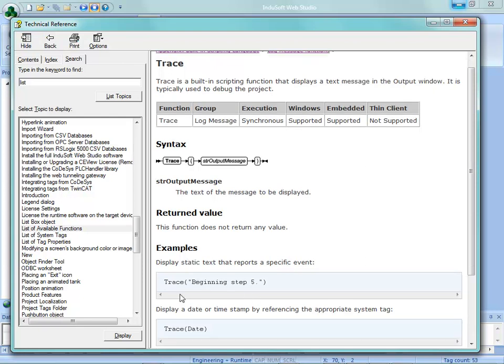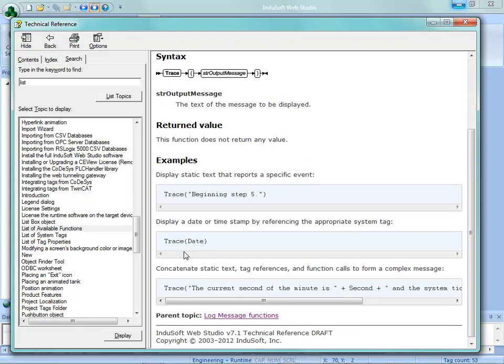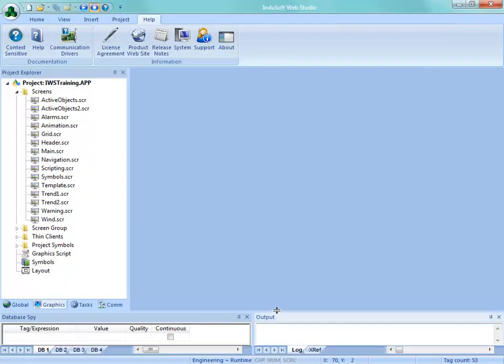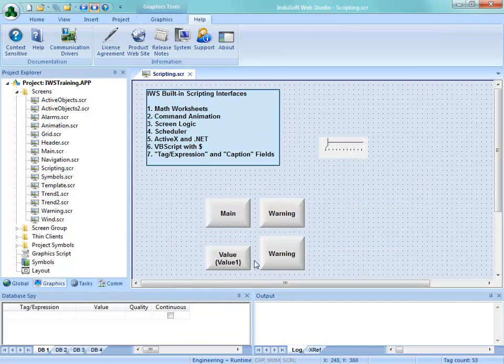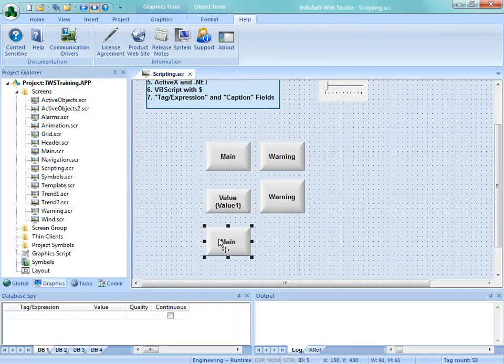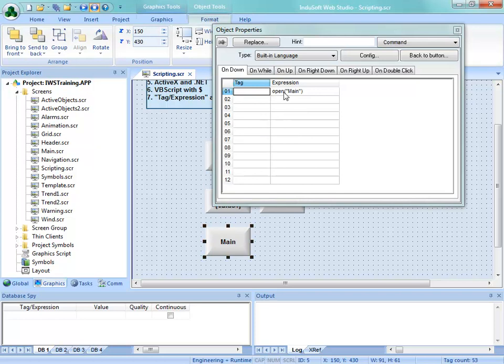So for example, if we're not sure of what's happening, we can take this trace command, put text in, and say, hey, this is where I've gotten to in my logic, and that will show up in the output window down here. So for example, let's go back into the scripting. I'll copy this button down, and maybe before I open the main screen, paste this down here, and here I'll put in trace, and then inside of parentheses, "opening main screen",